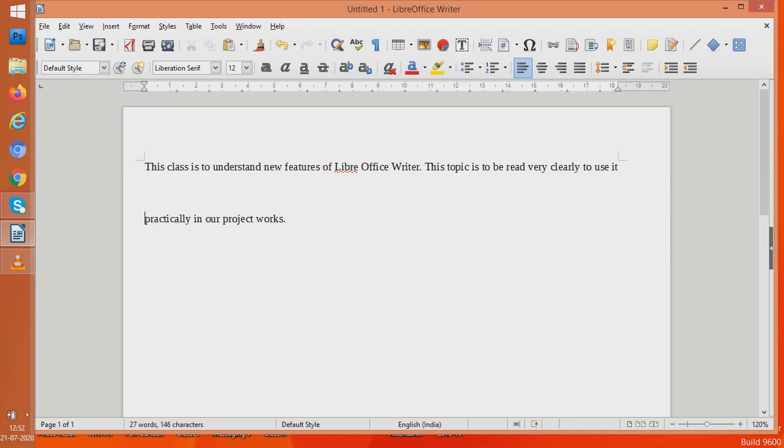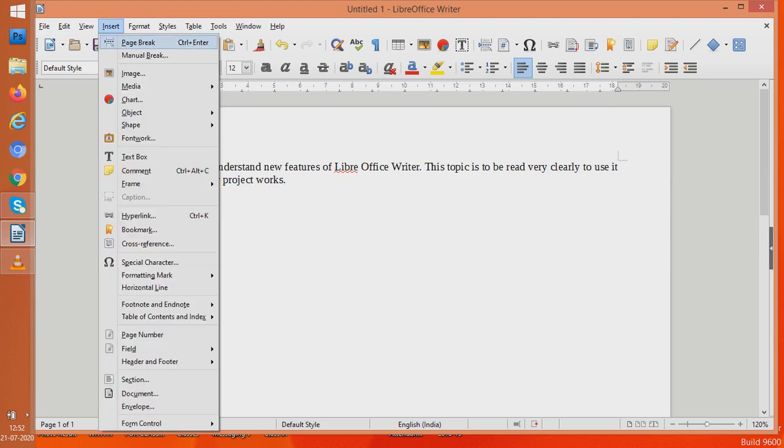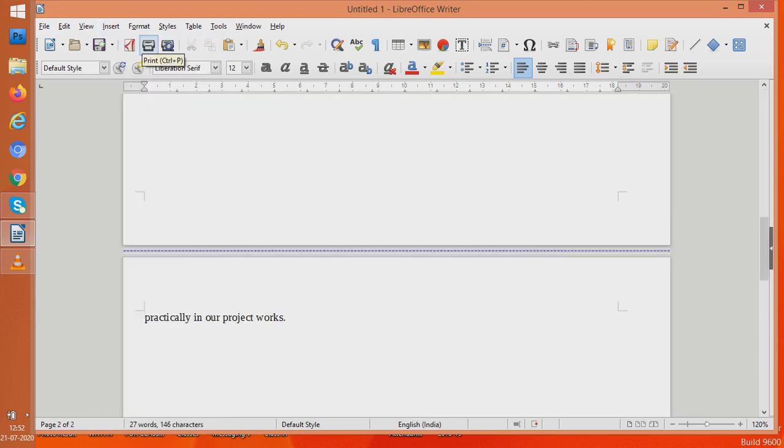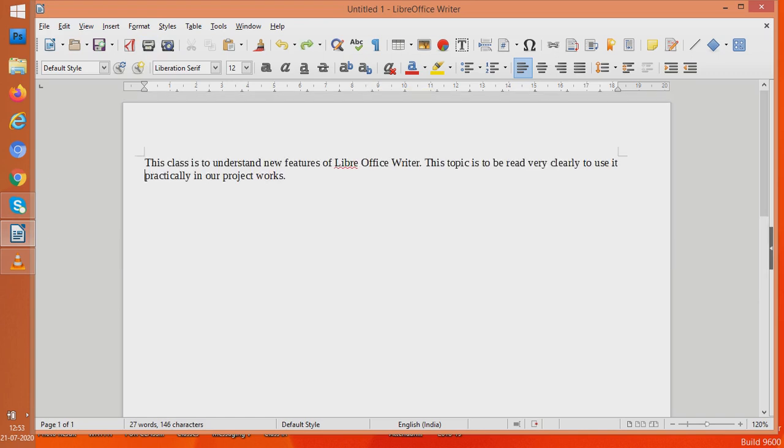There is a shortcut also. What is the shortcut? I'll come here and I'll go to insert, and there is an option called page break. If I click page break, what would happen is, at once these lines which were after the cursor, why I said after the cursor, see students, where is the cursor? The cursor is here. I actually did undo and then I am showing it to you. So the cursor is here.